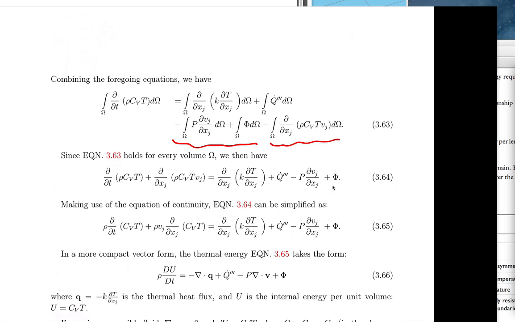And then the last two terms, these two terms here, are what we have subtracted out from the total energy equation using the Navier-Stokes equation